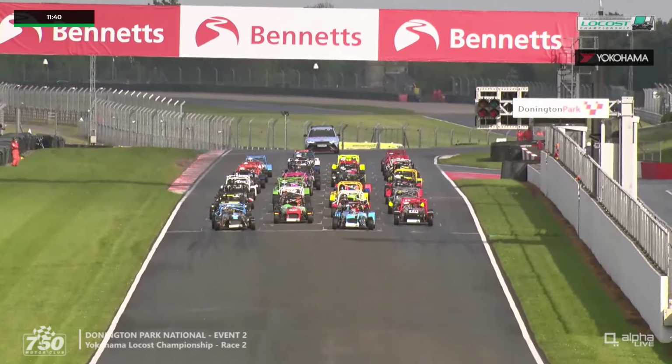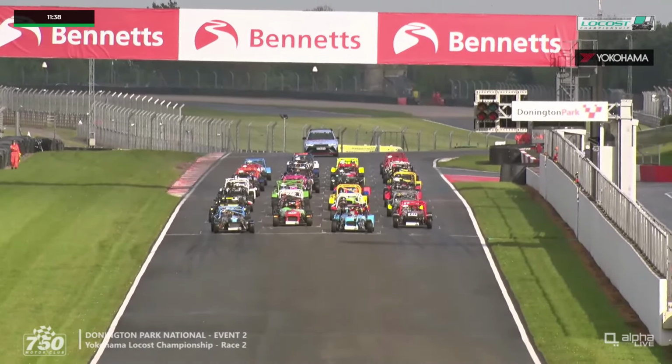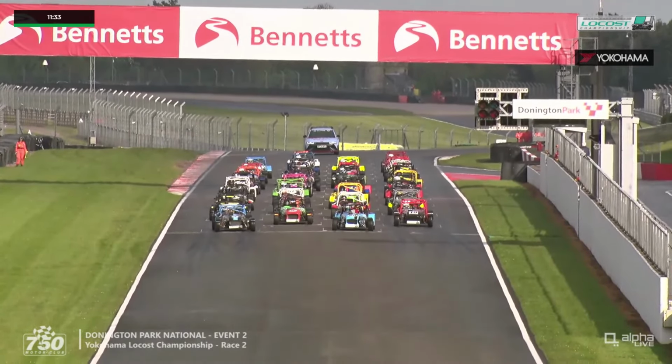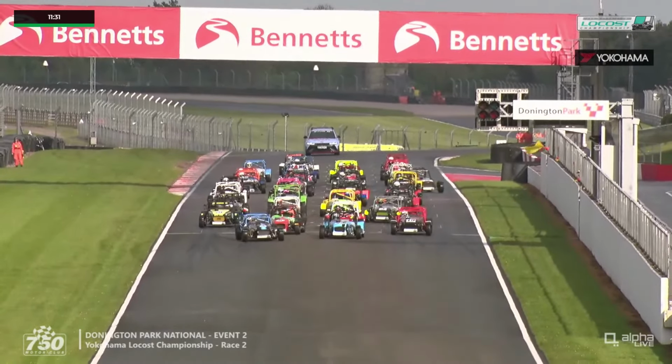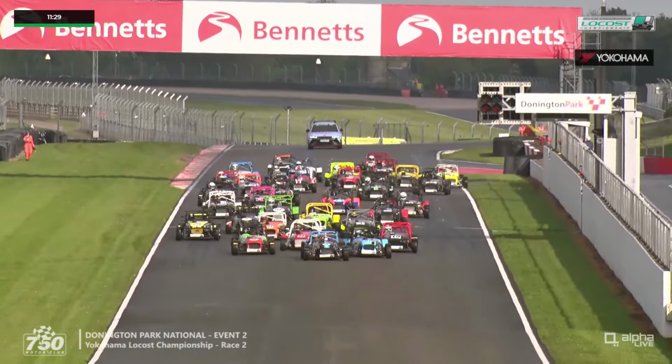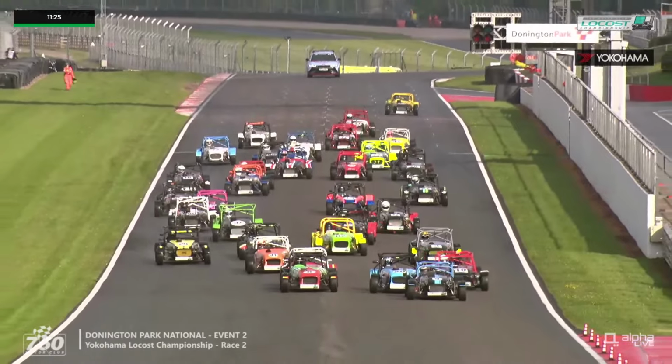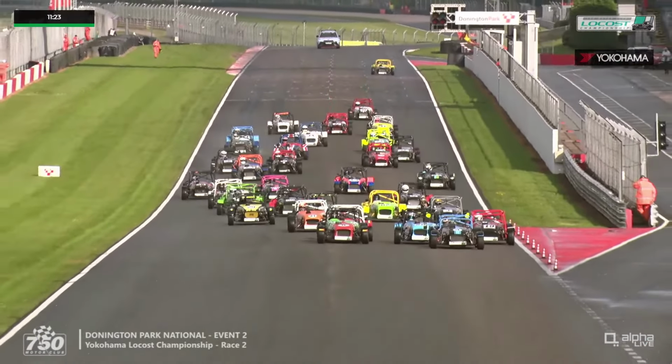5-second board is shown then. About 11.5 minutes of racing we're going to have for the Yokohama Low-Cost Championship. Round 2 gets underway now, and off they go. Yellow flag as someone towards the back of the field has not got away. Glenn Boyer, we think it's the number 4 car of Lewis Ward from pole position that has the lead, despite